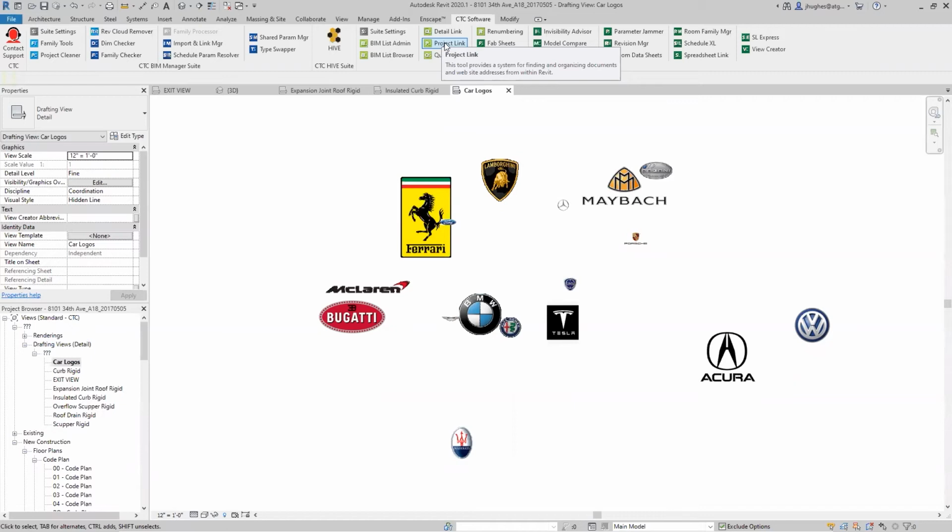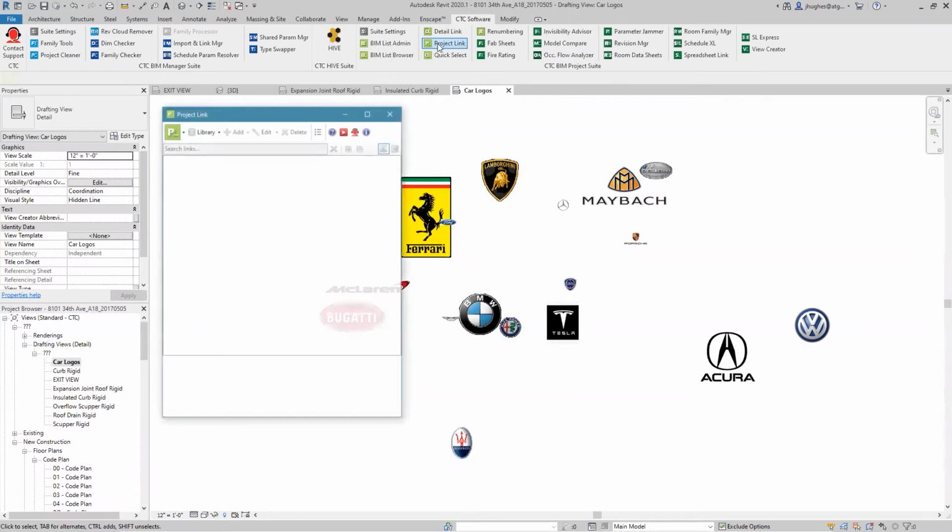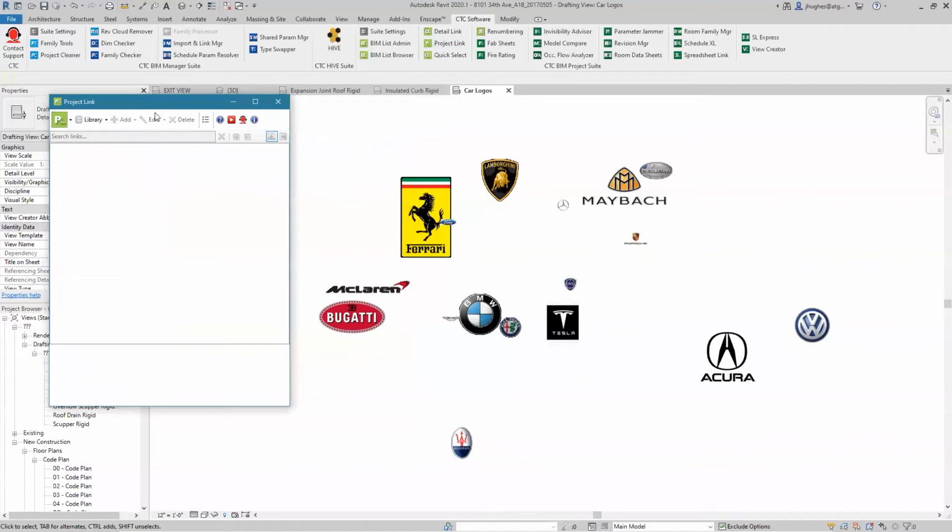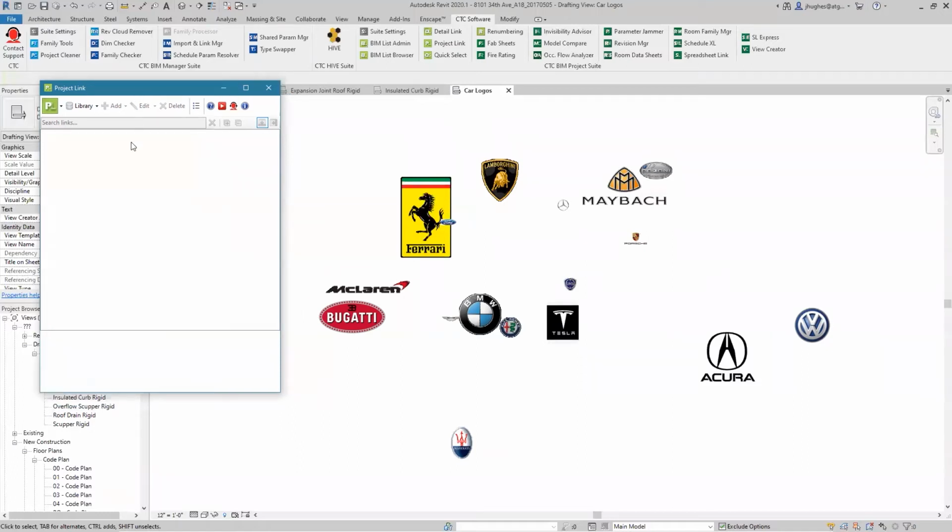Obviously you can just make PDFs or DOC files and distribute those to your team members. But Project Link, kind of the beauty of it, let me go ahead and fire it up here, is that you can create one source for it and it's accessible right here within Revit. And so I can actually just kind of leave this over here, or if you're like me and you've got 3 monitors, then you just drag it over to the left-hand monitor